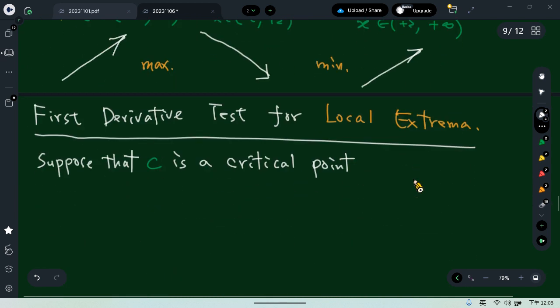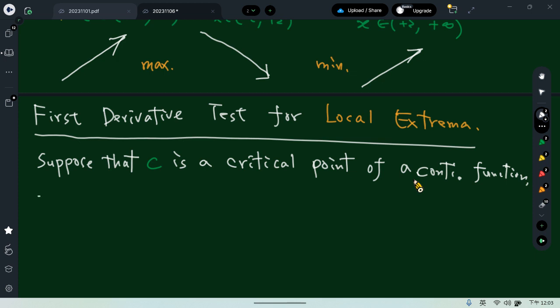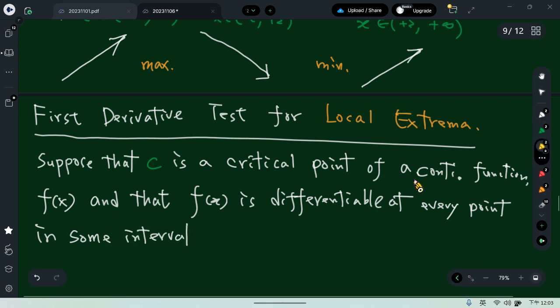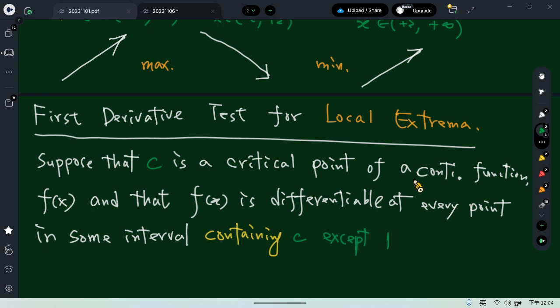So if C is a critical point of a continuous function f of x, and suppose f of x is differentiable at every point in some interval containing C, except possibly